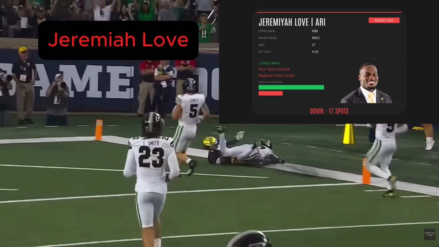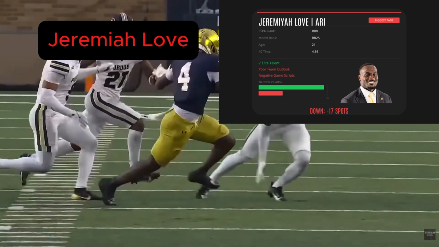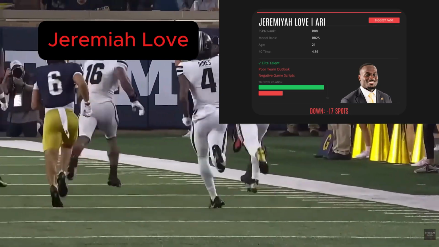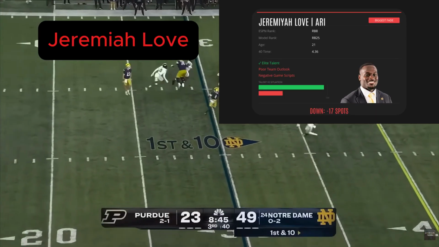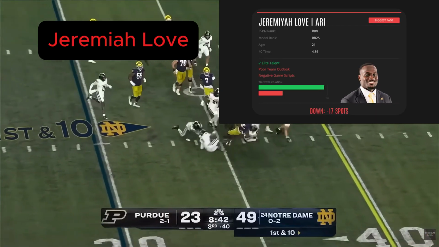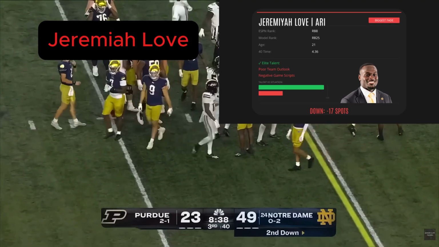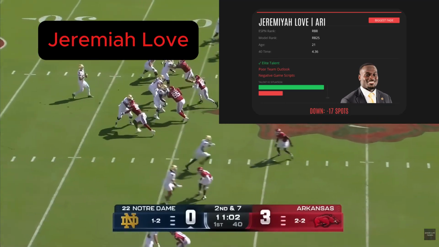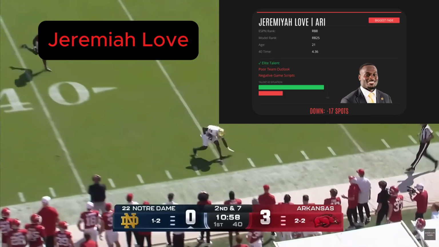But we're talking about a redraft here. As the ESPN number 14 overall player, you're paying for Jeremiah Love to most likely be your RB1. We saw what happened with Ashton Jeanty last year. This is arguably a worse situation for a similar caliber running back. I would heavily go against drafting Jeremiah Love this year, and even though most people are starting to catch on, this is a guy you just do not want to have on your fantasy football team,